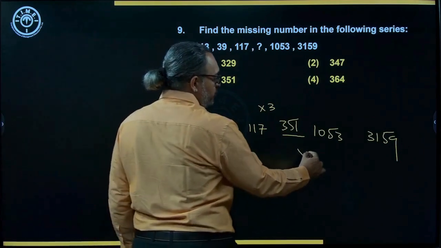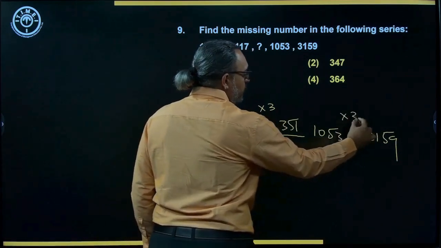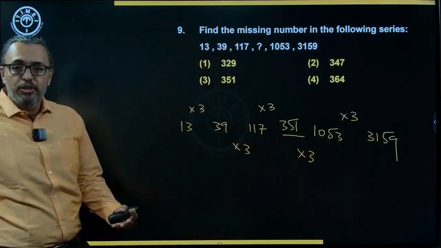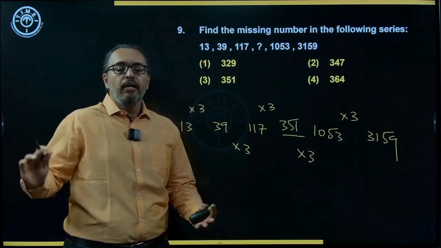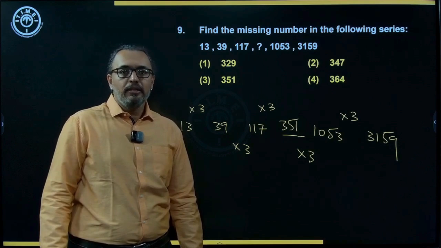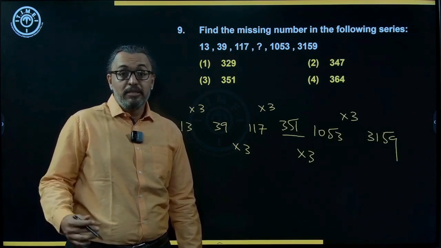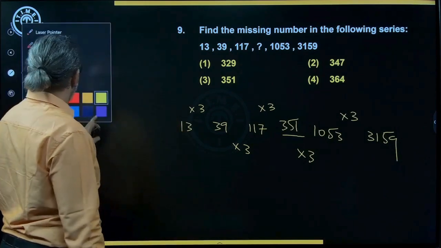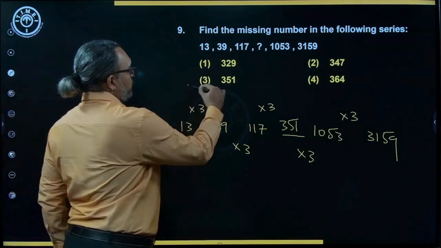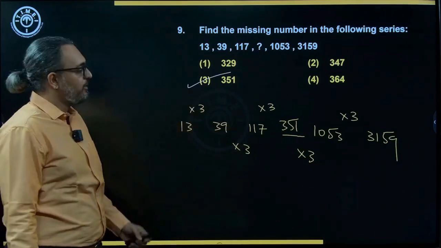So this again is into 3. This again is into 3. So please work on the calculations manually. Okay? Initially you may struggle, but as you keep practicing, it'll become easier. Okay? Right. So it is third option. Correct? Then